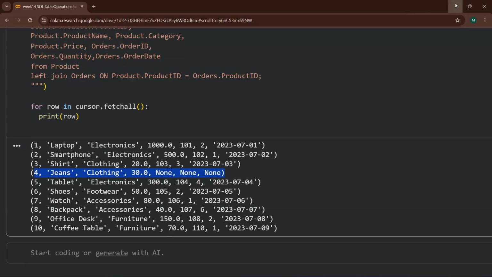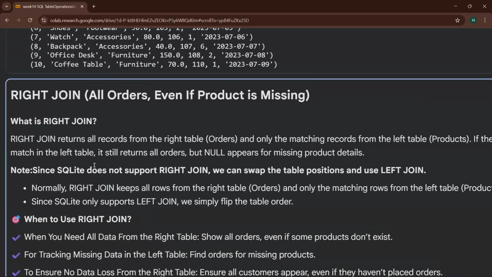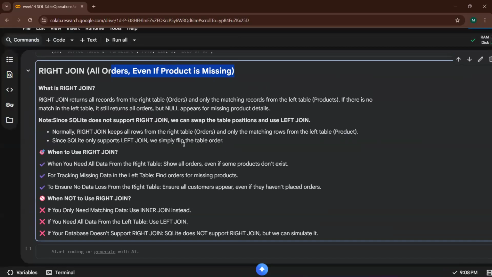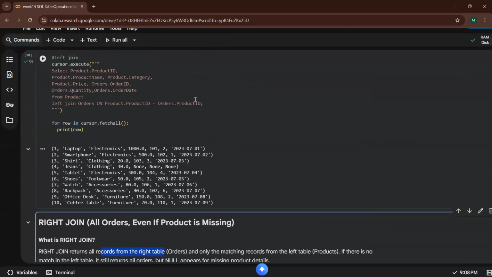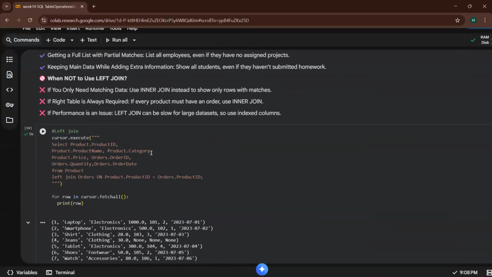So guys, right join, we cannot perform over here, but I will just add a little theory about right join for you guys. Right join is like all orders even if the product is missing, same as the left join. So right join returns all the records from the right table, orders. So the same thing is going to happen.